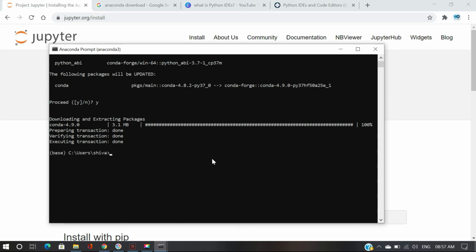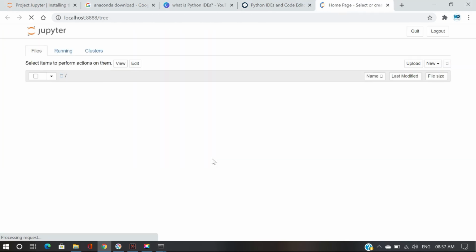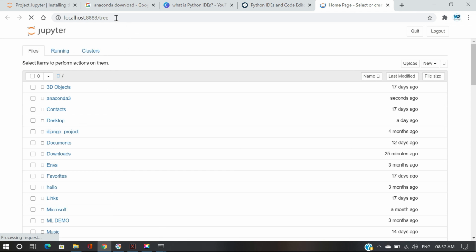We need to go to Jupyter. Just type Jupyter Notebook and enter. It will take some time and directly go to Chrome and open the page. This is the Jupyter web page.